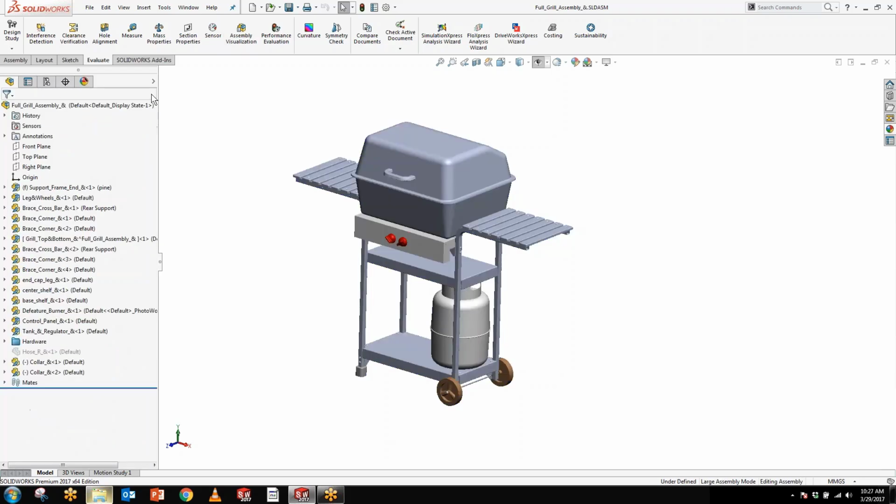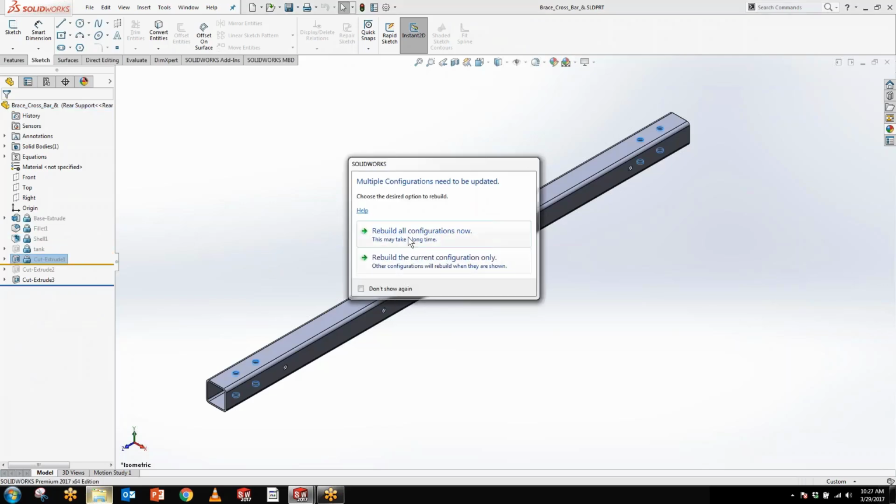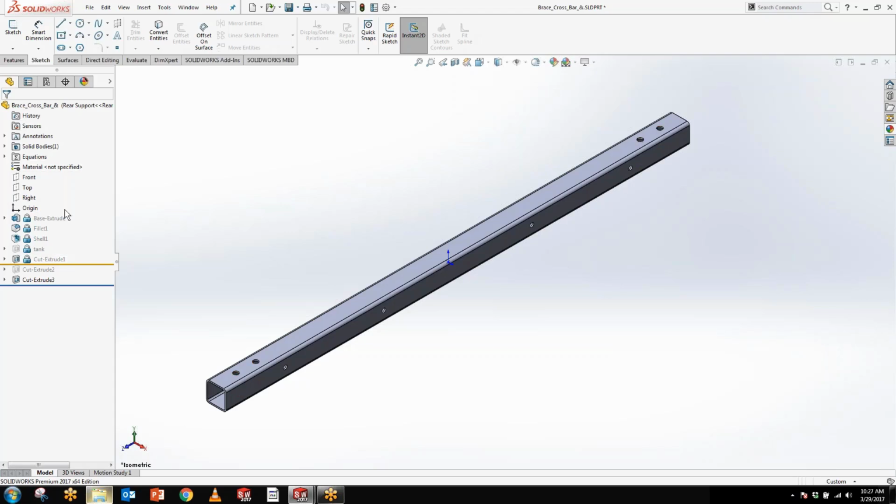Let me close out this one for a bit and open up the brace crossbar. Open up the part and stop it, for example right here, and say rebuild all the configurations now. So since I stopped my freeze bar right here, guys, it didn't include these, and you guys can see these padlock icons displayed next to the features, everything before the freeze bar. It didn't include those. This was like a simple part, but sometimes you might want to open a sub-assembly